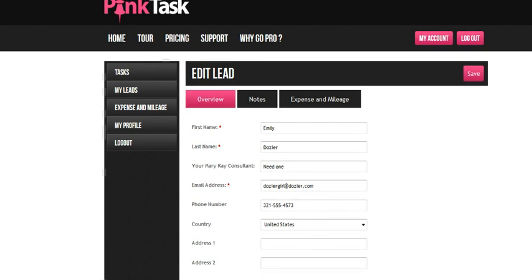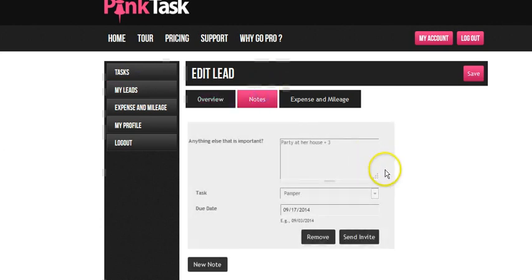So through that notes section, when you assign a task and a due date, it will automatically drop into your task list and be sorted by due date, so you don't miss an opportunity, you don't forget a thing. You can go back if you want to in the notes section. So if she's got a party on the 17th, you may want to add a new note